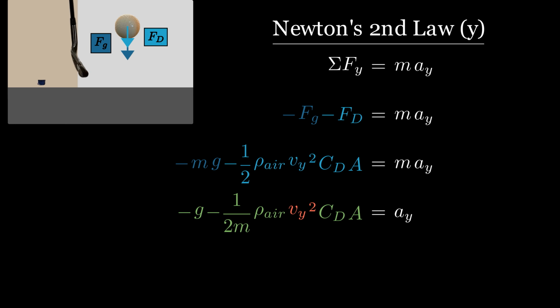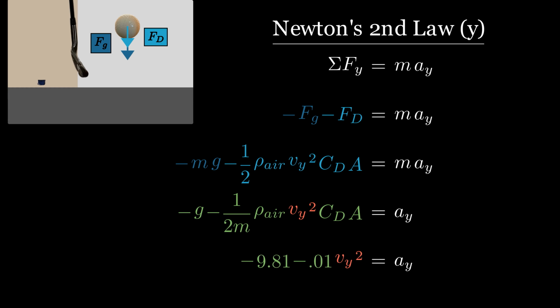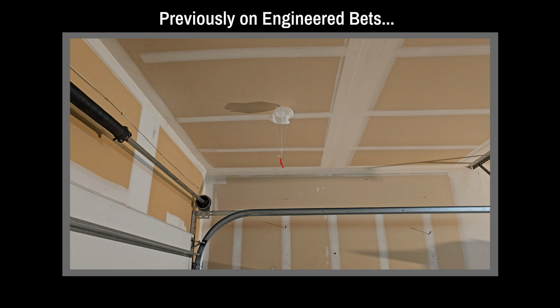Anyway, that's a conditional I'll account for later, so let's just continue and solve for the vertical acceleration, plugging in all the known values: the acceleration due to gravity, the mass of the golf ball, the standard density of air, the ball's cross-sectional area, and lastly the drag coefficient, which for a golf ball I estimated to be about 0.5, although it does seem to vary based on how fast it moves. After simplifying, you see that the acceleration is of course not a constant, but rather a function of the ball's velocity, which is changing,